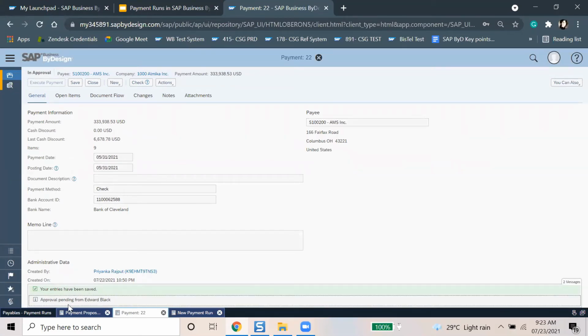Okay. So it's saying approval pending from Edward Black. If we have set the approval, then it will go to the approval, or it will go directly to the payment manager, the payment monitor work center view.